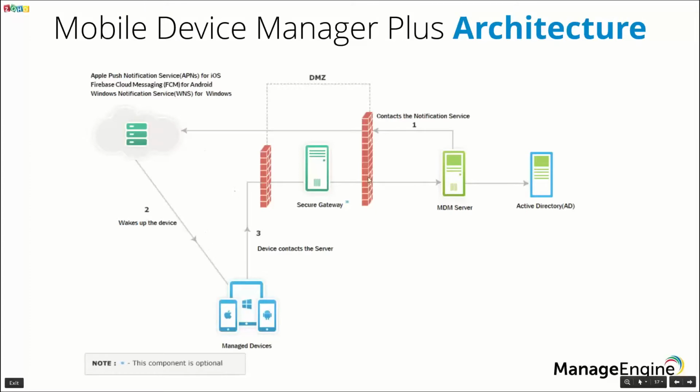At the same time, it can contact the server to process the commands you send. But when it comes to on-premise, it is going to be your own in-house machine, which will act like a server. And in order to make sure the device reaches the on-premise server, you might need to allow certain ports. And in case you don't want to publicly expose your internal MDM server,